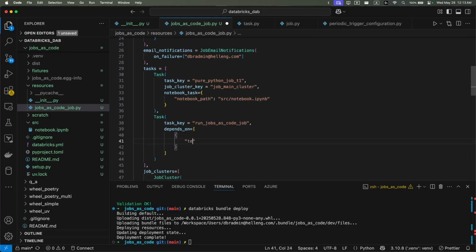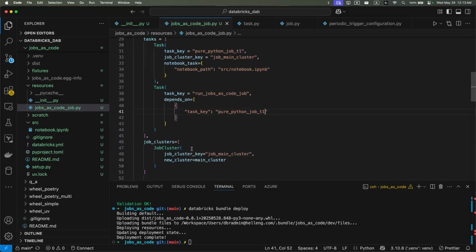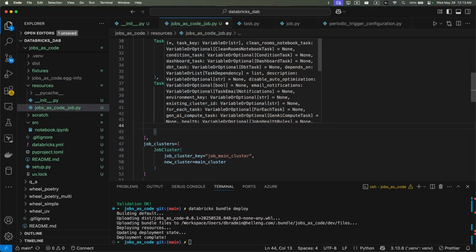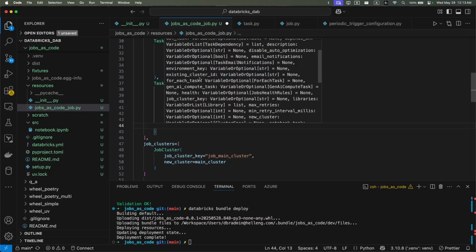Our key will be task key, and our value will be the name of the task, sorry. Okay, this depends on. And then another field which we need to do is,